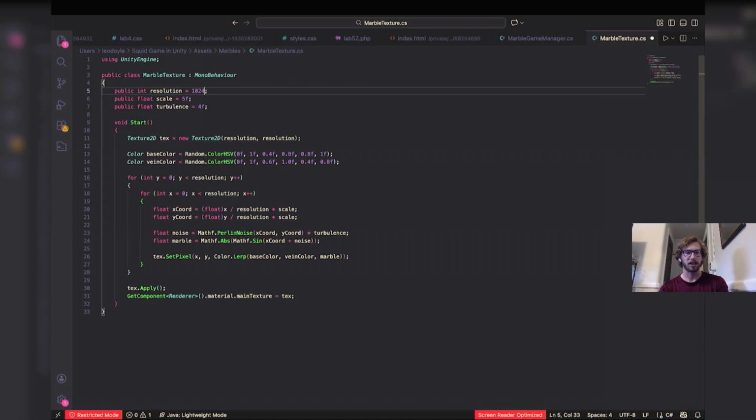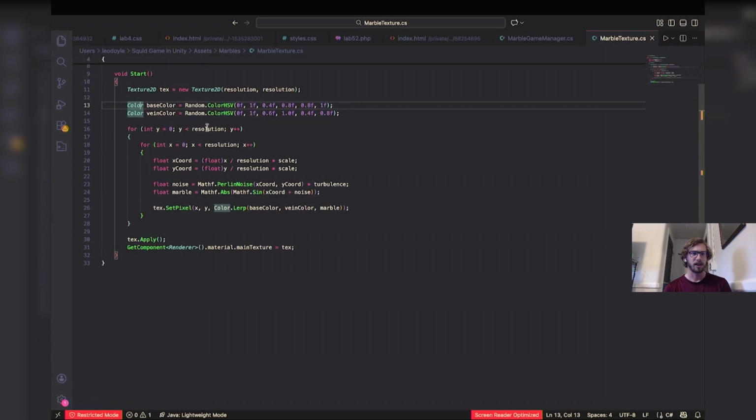Just for fun, I'm going to change that to 1024, and it's going to make a pretty different texture when we load the game. Up here, we are generating two colors, a random color for the base and a random color for the vein. I forget what all the parameters are in here, but that's not important. The bottom line is these two lines are generating those colors. And then in here, we're saying